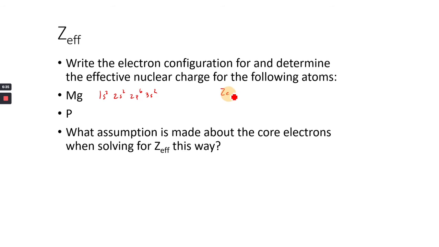And we want to calculate Z effective. If it has 12 electrons, it also has 12 protons, minus my inner core electrons, which is 10. That gives me a positive 2 effective charge. For phosphorus,